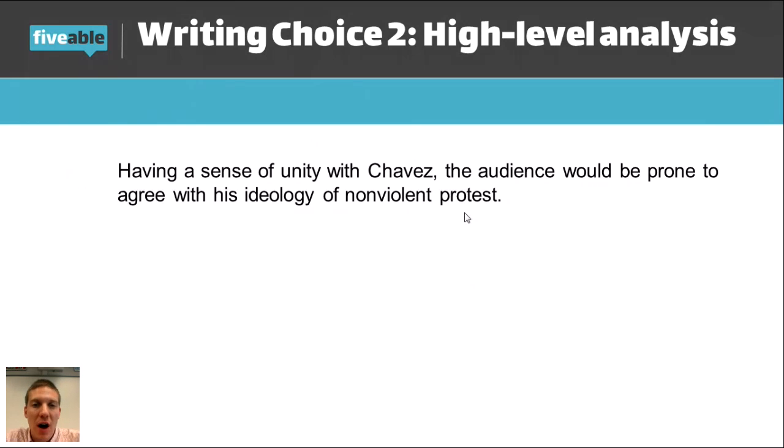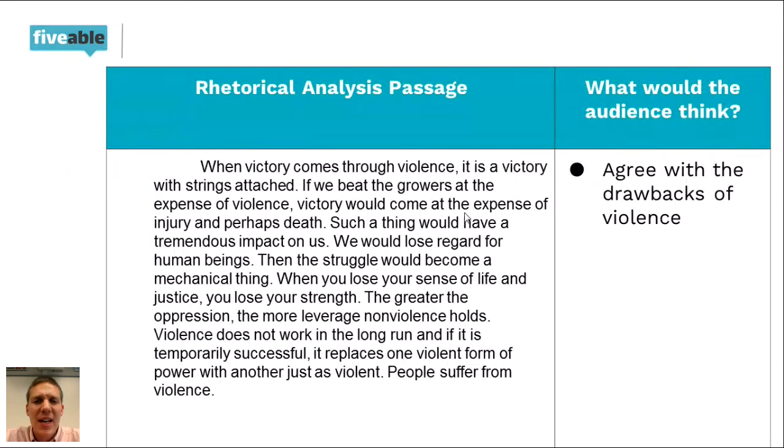All right, let's finish this off. So we've got our third section. This is our final section of the excerpt of his article. Let's read. Let's think about the audience. Let's look at the final trend here. How does he choose to end this excerpt? "When victory comes through violence, it is a victory with strings attached." Now, I hope if you read that sentence, you would identify, okay, we're starting to shift here. So I'd keep reading, but then I would identify the shifts as you're reading. So we just talked at length about nonviolence. Now he shifts to juxtapose it against violence or compare it to violence.